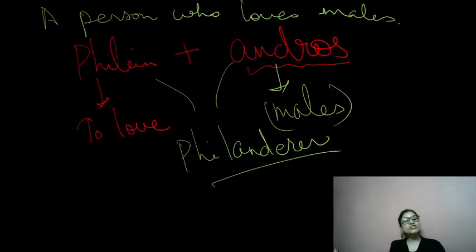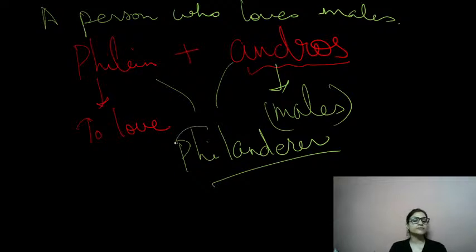Okay? So initially this concept was used when, in the Shakespeare era, this concept first came. First time, you know, a man was shown to fall in love with a man, right? Then this word philanderer came. That's how this term was coined, right? When there were street plays, this man would fall in love with another man, right? Then this term philanderer was coined. Nowadays, this term is used in a very different sense. It can be used for a female who switches men, who falls in love with one man, then falls in love with another man, then another man.